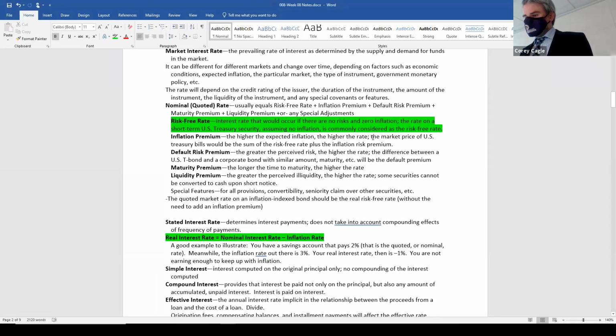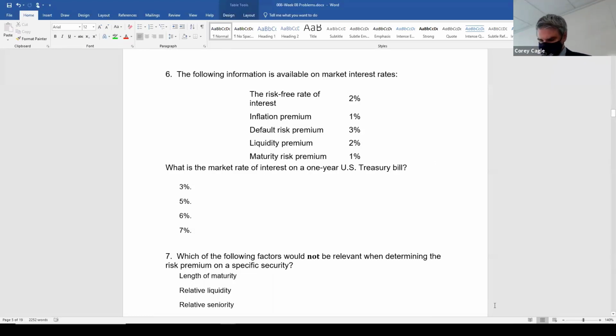The market price of a U.S. Treasury bill would be the risk-free rate plus the inflation risk premium. Now, we don't usually have to consider the inflation idea here so much in the U.S., but yeah, that's what it would be. So back to our problem, it's going to be